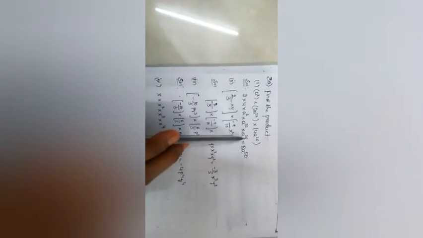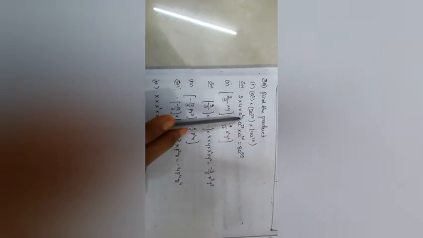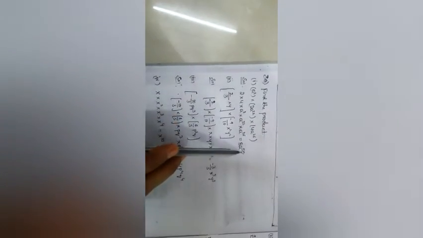See, the third question is also the same, a product. Find the product. What is given? a power 2 into 2a power 22 into 4a power 26. Just take the constant terms to one side. So 2 into 4, which is 8. All the bases are equal, so powers should be added: a power 2 plus 22 plus 26, that is 50. 2 into 4 is 8.